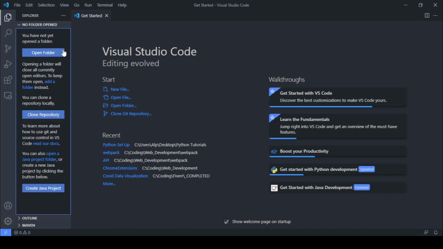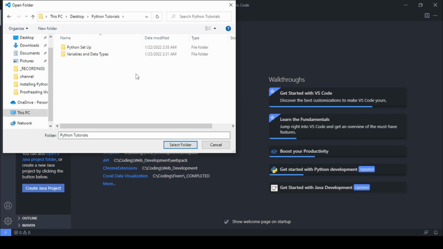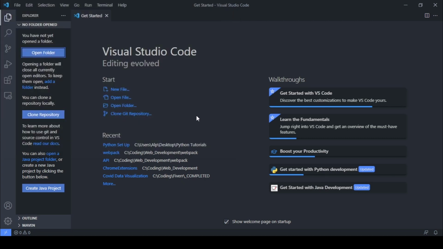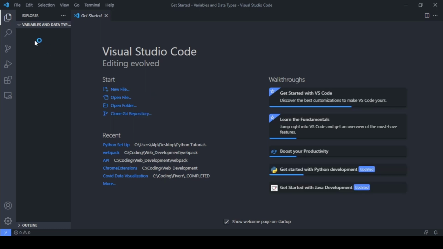So we have it installed, and also in the previous video we talked about opening up the folder in VS Code, and we will open up our folder. Basically, in this folder we will be working, creating our files and writing our code. I already have a folder created, so you can just create a folder and select that. Okay, now we are inside that folder, and whenever we create a file or a folder here, they will all be inside that folder we've selected. So in order to write our code, let's create our Python file, and let's call it variables.py.